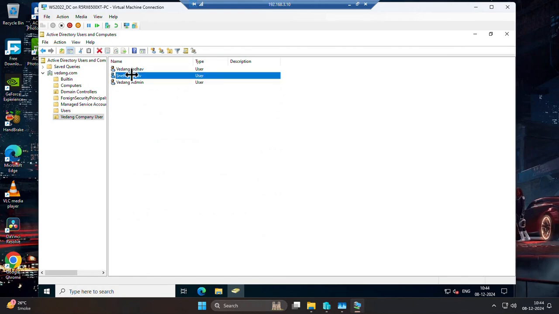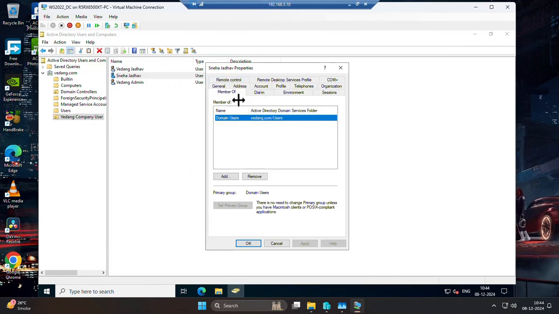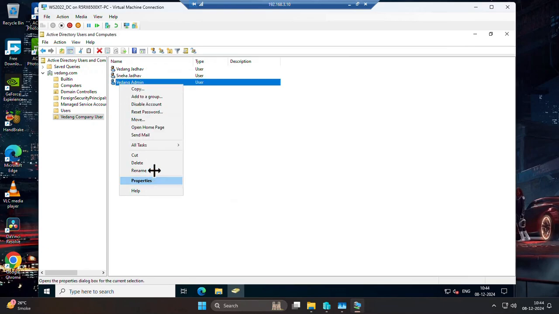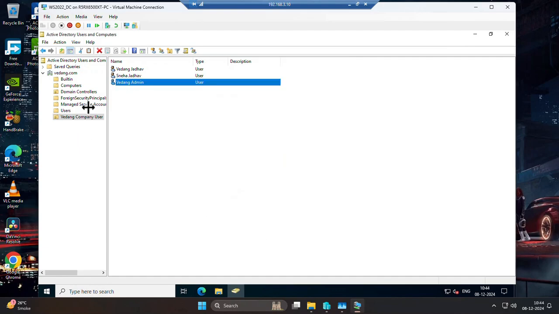The difference is that in Member Of, the normal user is just a domain user, and for the domain admin there are multiple roles, like local administrator, domain admins, domain users, enterprise admins, group policy creator owners, and schema admins. Okay,